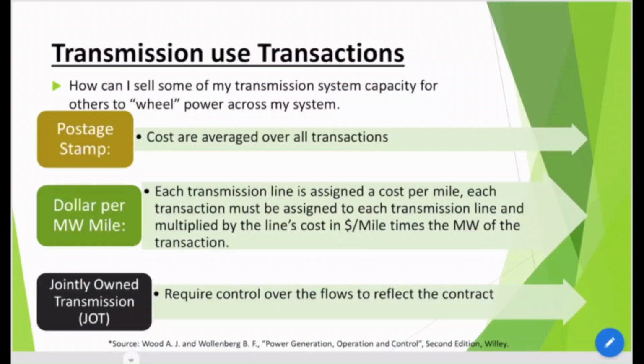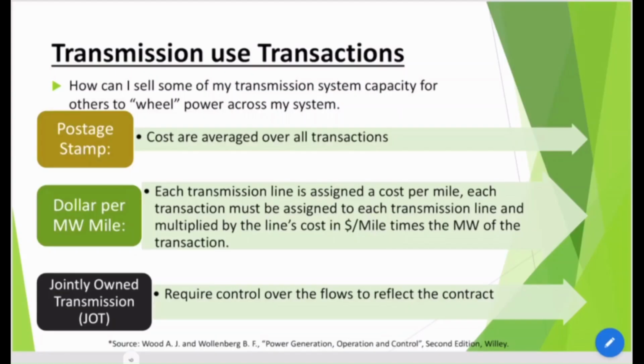Each transmission line is assigned a cost per mile. Each transaction must be assigned to each transmission line and multiplied by the line cost, rupees or dollars per mile, times the megawatt of the transaction they carry. If I know in this area or in this corridor, it is 5 rupees per mile or per kilometer,